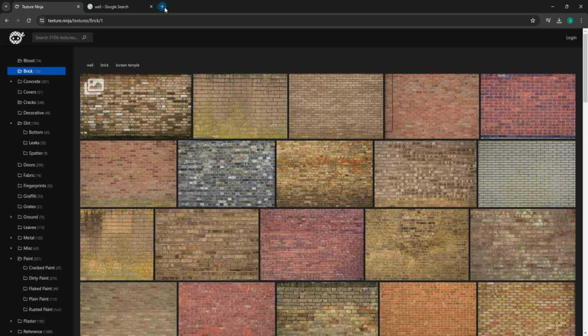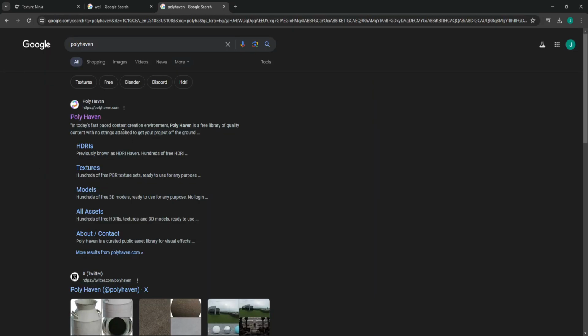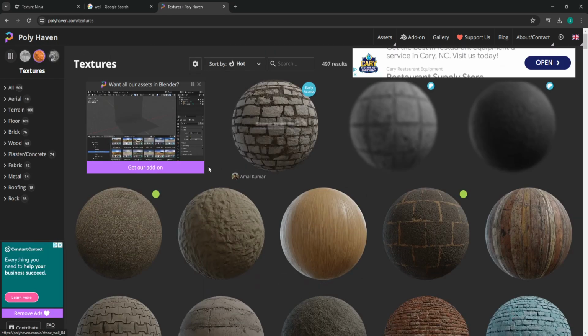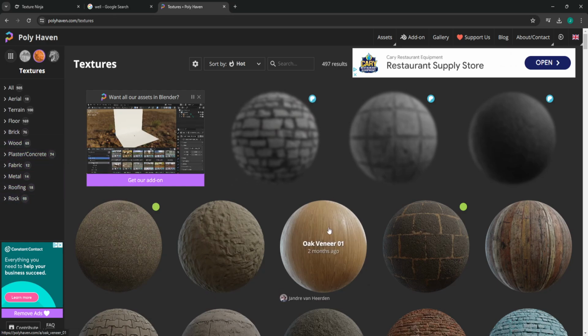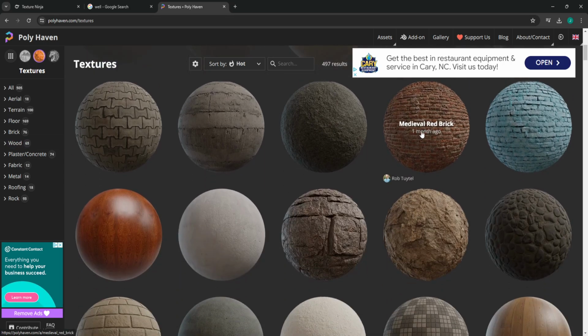So for example, there's one called Polyhaven that comes up often if you search. Polyhaven is also pretty good. So if you go browse textures, they have different stuff. The problem with Polyhaven is they use what's called PBR textures or materials. So a lot of these are,